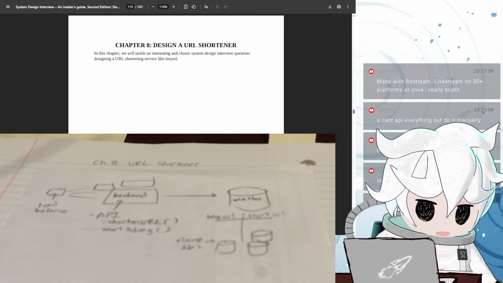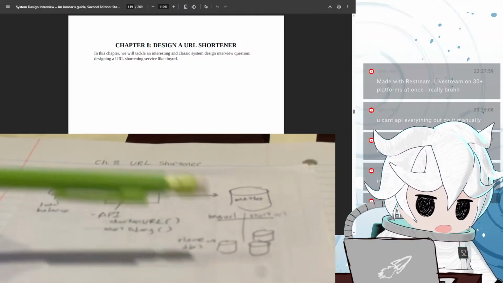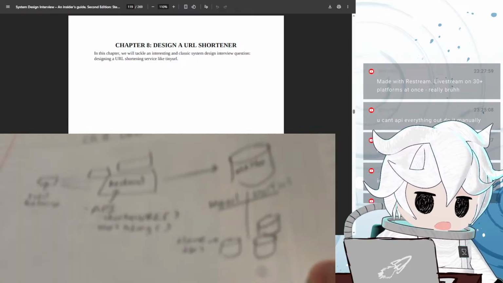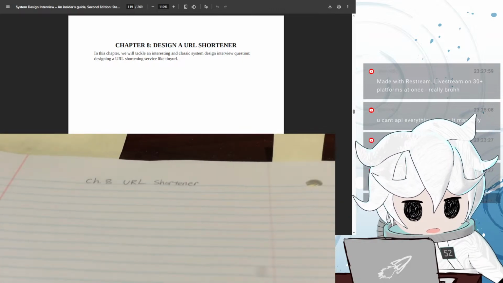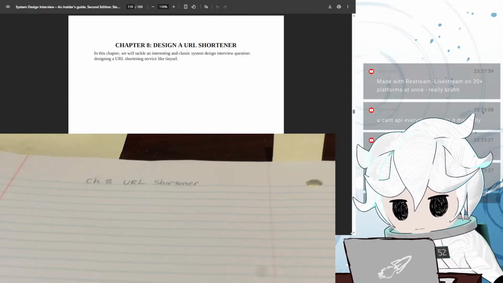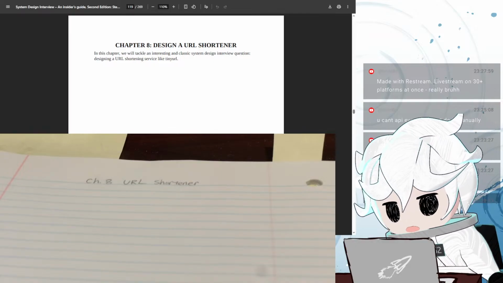Alright, this is my very naive noob solution on how this is probably done. This is probably wrong though. Okay, let's actually read the article and figure out how to do it properly and see how wrong I was.